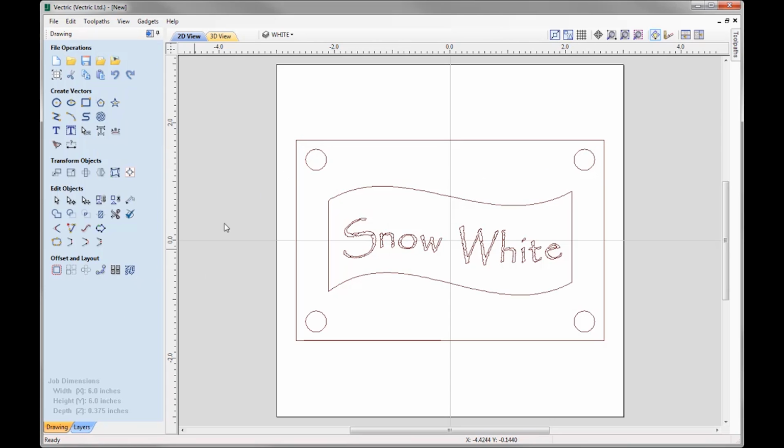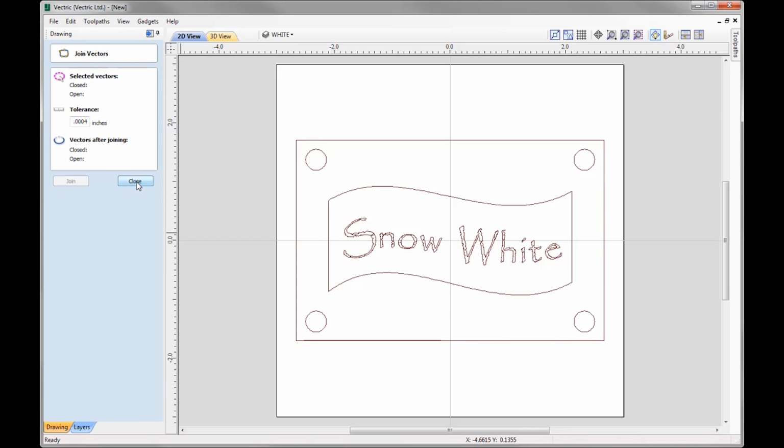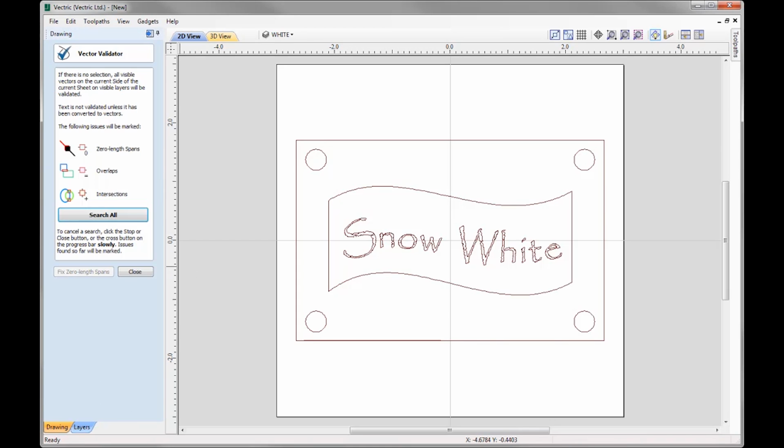So let's just close out to take a look at what this is. On the face of things it looks as though we have one rectangle. Now if I click on that shape we can see that the rectangle is actually made up of two vectors and it's not actually a closed shape. So I'm going to take those and then we're going to look at joining them. So we'll join that, close that down, back into the vector validator, search all, and that's now eliminated that problem